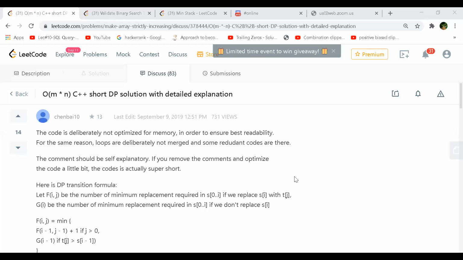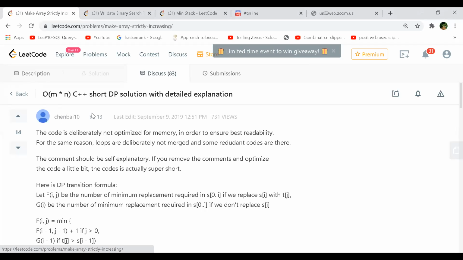Logically they are telling... but in one C++ solution, they are mentioning it as O of m into n. It's like a knapsack itself, where either we have two choices, but still I didn't get the n square. I mean, at every point, we may be getting two values only, right?